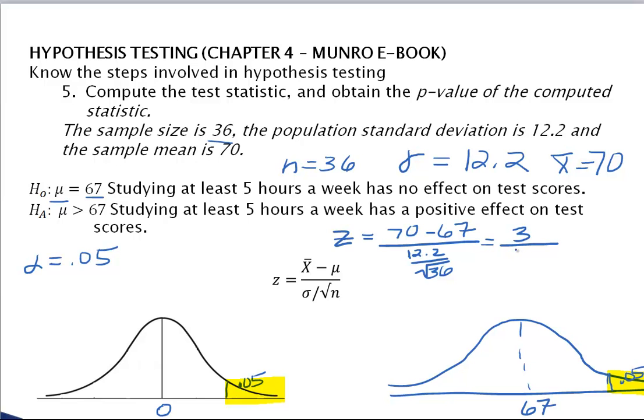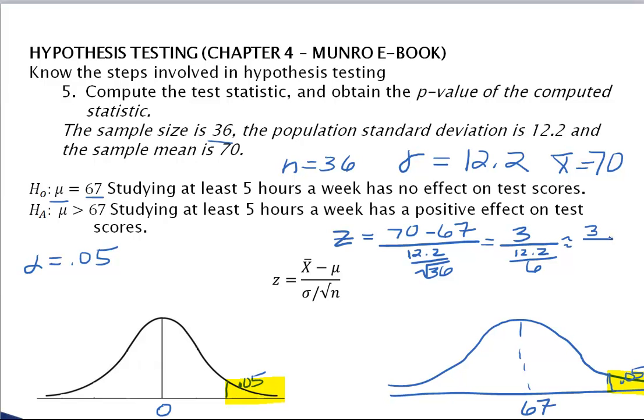then 12.2, here, divided by the square root of 36. I do this on my calculator, and that is 6. Okay? So now what I'm going to do is 12.2 is being divided by 6. So I'm going to divide it by 6, and I'm coming up with,